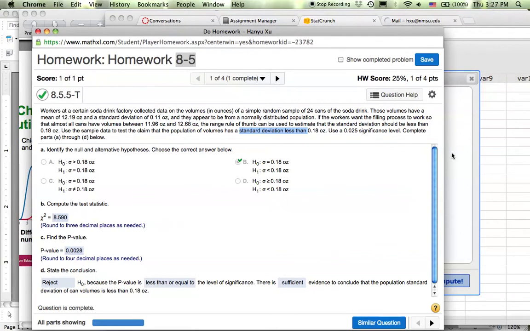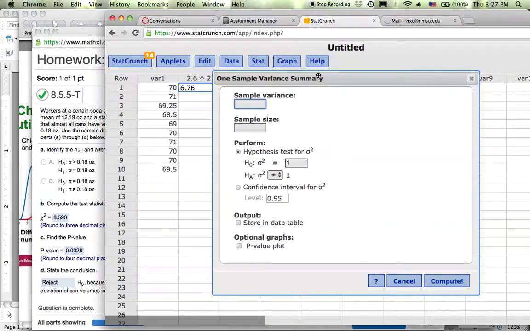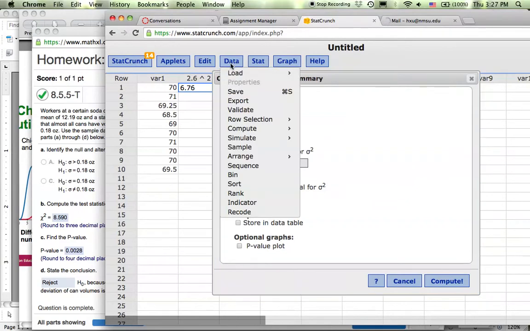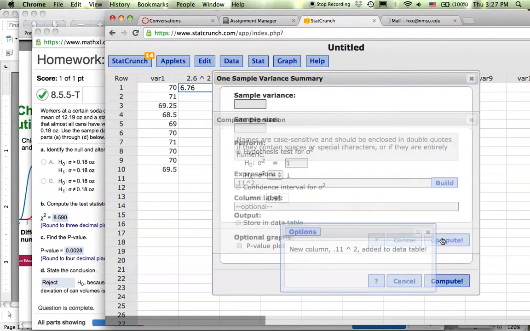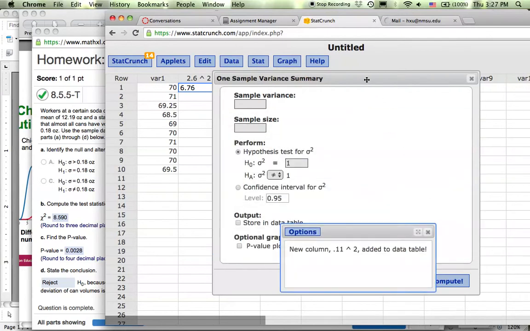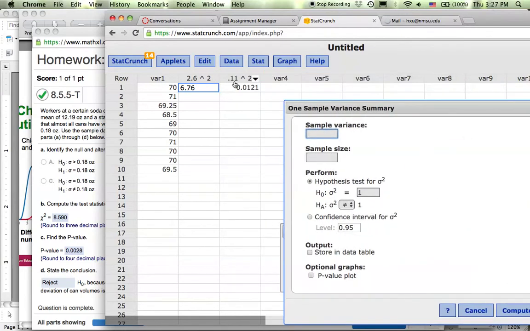Okay, so for the sample variance, we need to square that. So what we do is first go to this thing to calculate what is 0.11 squared. And it is showing in this new column here. And if you copy that number to be your sample variance, and the sample size is 24,